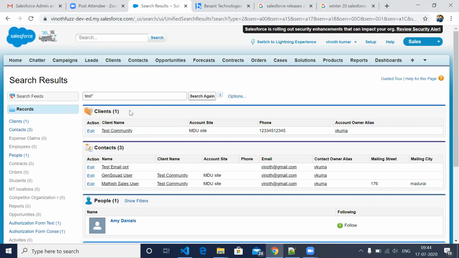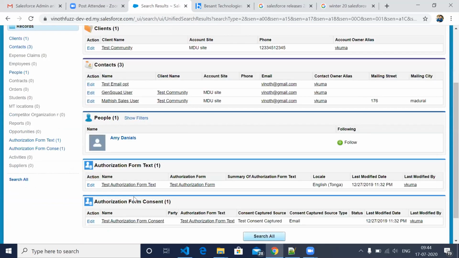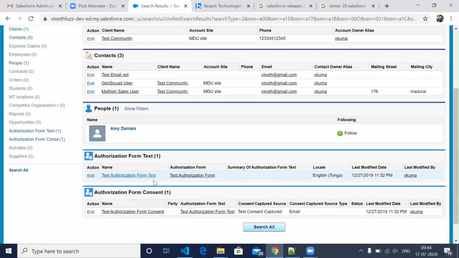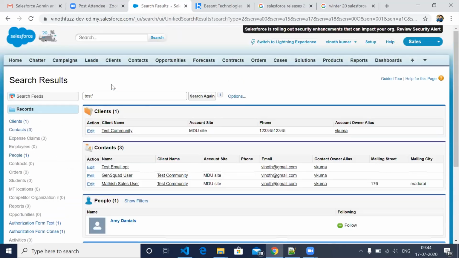Test is available in so many places. See, this is test community, so it retrieved. In contacts I have something with test email, and in the authorization form I have test. So it is like an overall search. If you want anything quickly, you can search here. It is a global search in Salesforce.